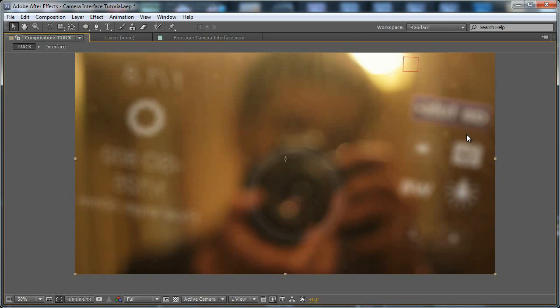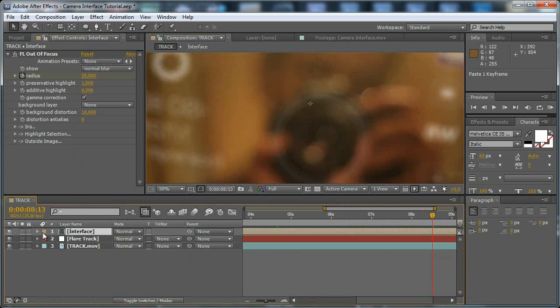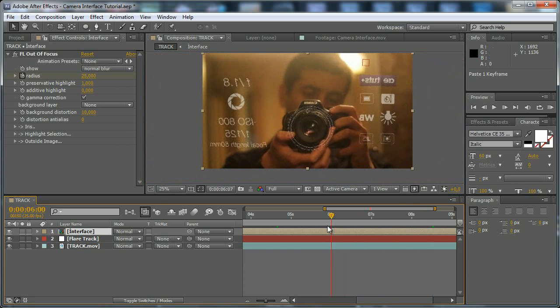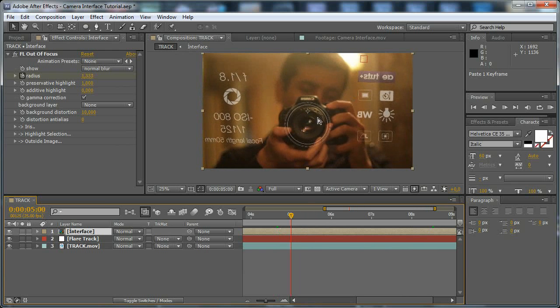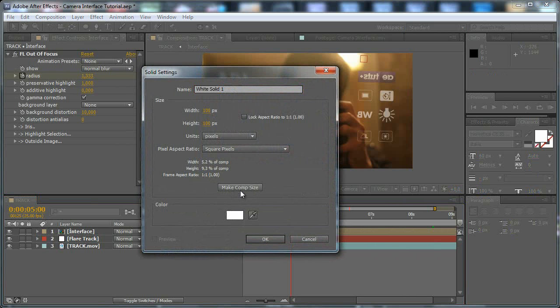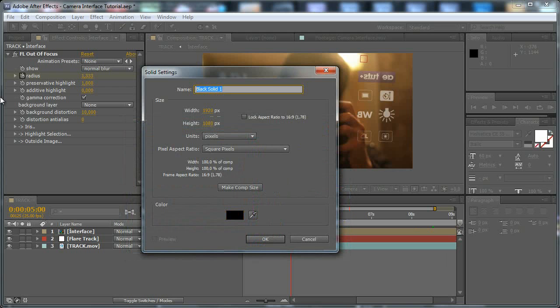It's pretty hard, it's pretty blurred. So this is the part when we are trying to match the focusing and defocusing of the camera lens. And now we need to create another layer, make it comp size, make it black even, but the color